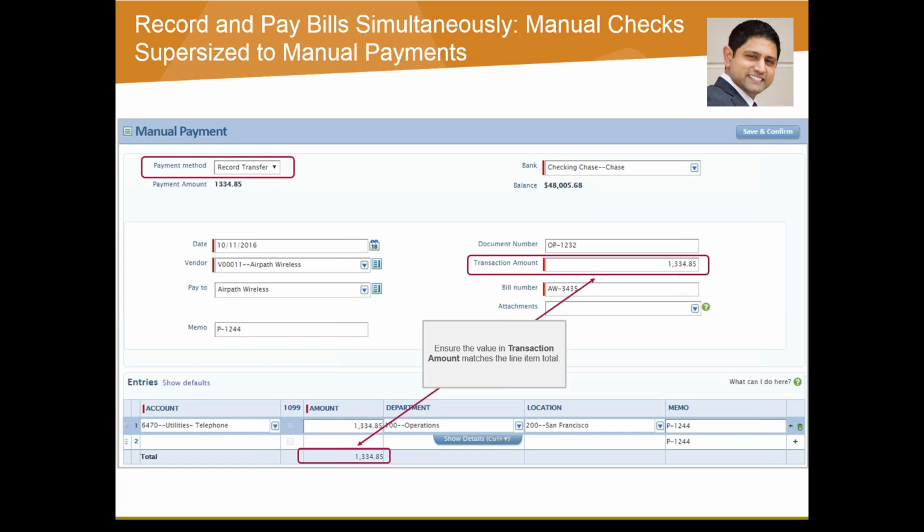Now that it's manual payment, you can actually use something like a record transfer as your payment method. And let's just say it was a wire that needed to go out, that had it all in one step. So as you can see here, the payment method is now exposed, so it's not just check. Your transaction amount obviously has to tie out to the entries amount, and it will follow the same accounting. So you've seen this if you've got the roles in your environment, and it's now going to be called manual payments, accessible in AP and also accessible in cash.